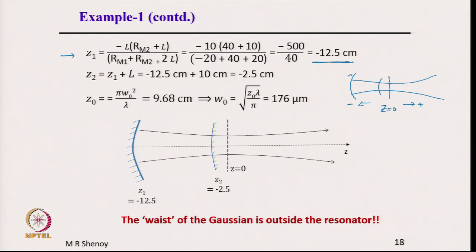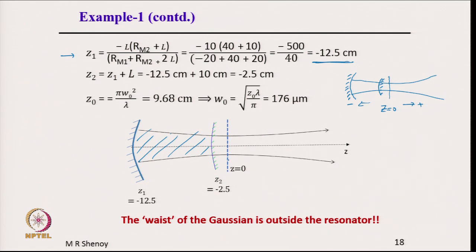So, this is the first mirror, which is a concave mirror, and this is a convex mirror, positive radius of curvature, and that is what is shown here, that the resonator now has to be placed in this way to get the Gaussian beam. Note that in this particular example, the waist is outside the resonator. So, this is the resonator where the beam is present inside and the beam is coming out, and the waist